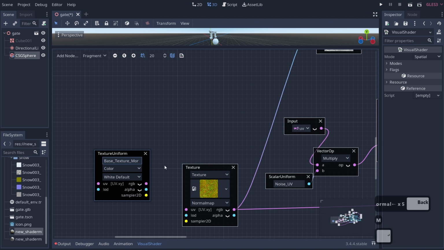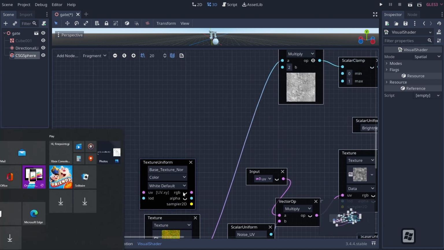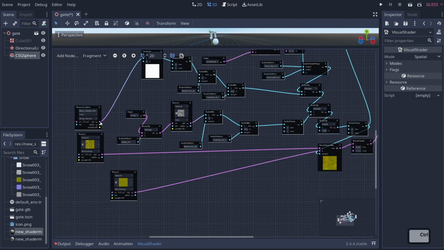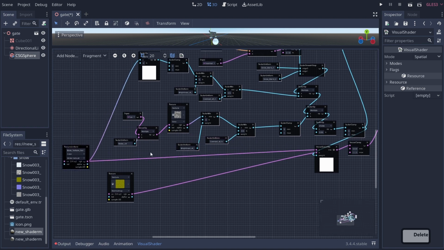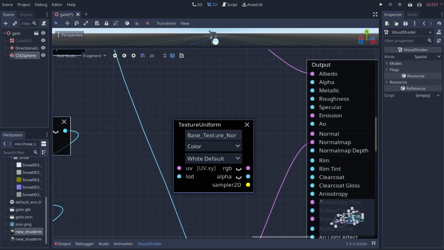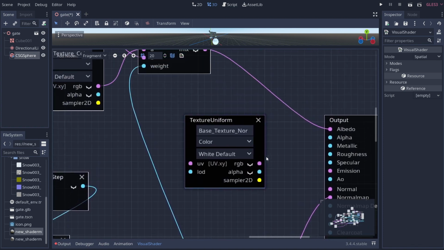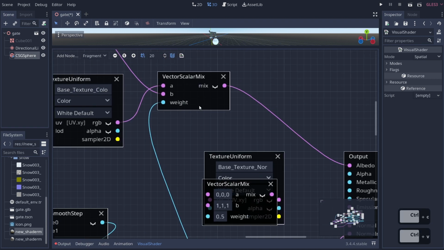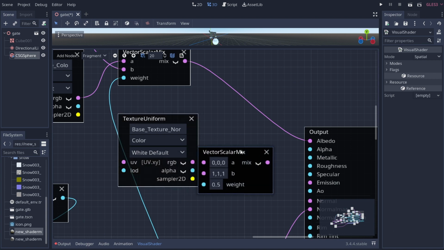just like that. Not normal, normal. And then we can drag this guy into here. We can drag this guy into here. And then we can go ahead and duplicate this guy one more time, drag him over here, and drop him in for our roughness texture. So we'll just go ahead and Control C, Control V, our scalar mix, drag in our base texture normal, call it base texture